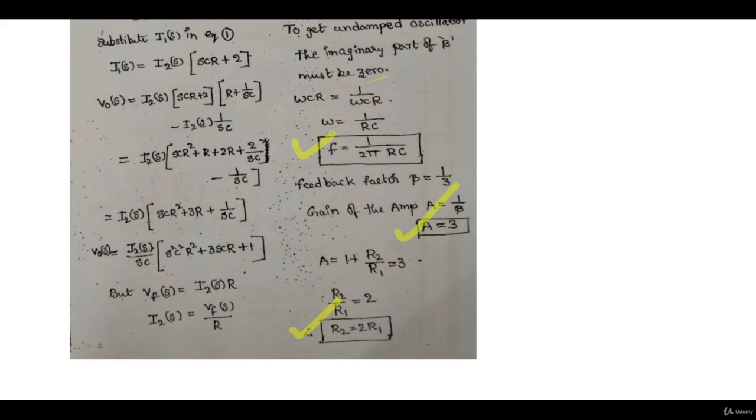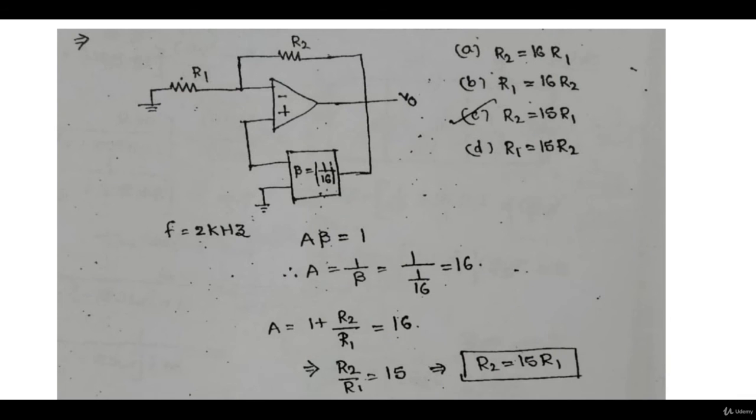Okay, designing stuff. Sometimes people only ask frequency of oscillation. Sometimes it can happen they ask what should be the value of R and C so that you will have some frequency of oscillation, designing purpose. Okay, so I hope it is clear how the example is working. And here you can see one more example. So it is same as what we have seen.